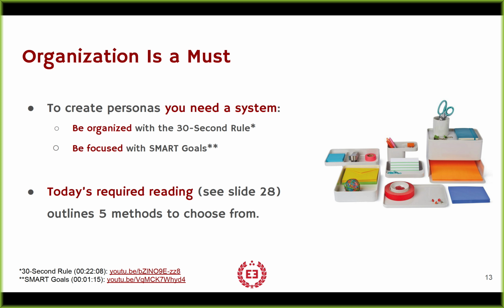So to do this effectively, you've got to have a system. We've made this case in many of the other Dawn of the Day Data Age lectures that organization is not optional. Two systems that we have talked about in particular are the 30-second rule. If you can't find something related to your research or your analytics in 30 seconds, it's not organized. It has to be organized if you're going to share it with people. And you need to share it with people because they need to guide their behavior on it too.